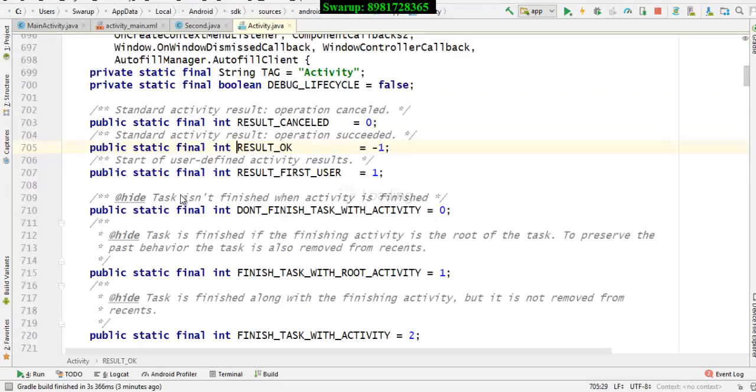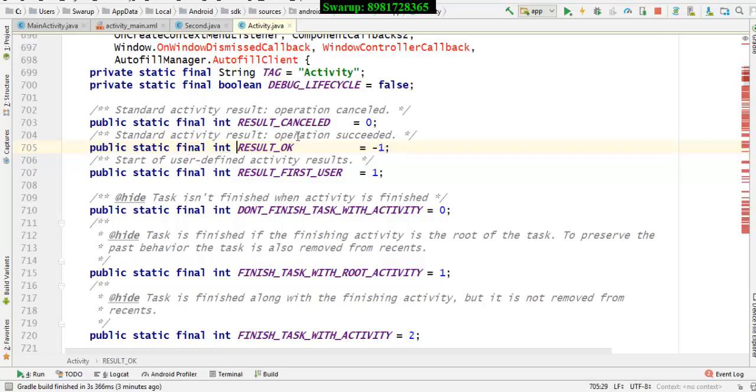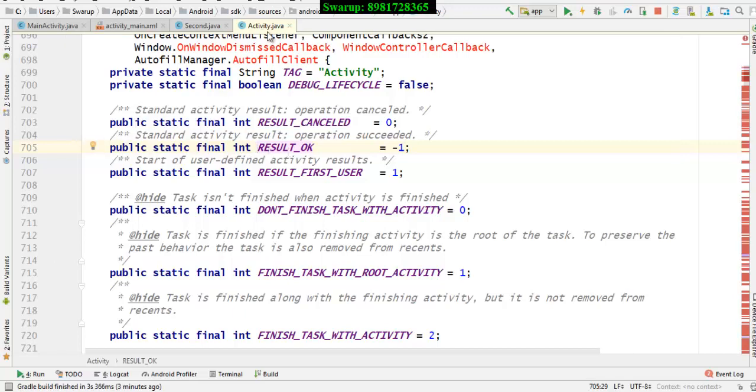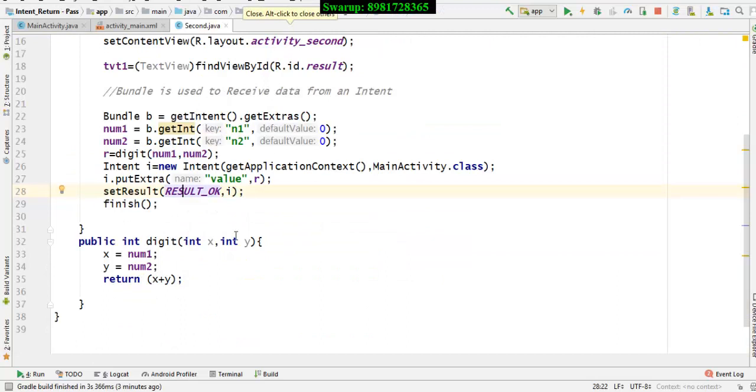If you click this one, you will find that this constant belongs to the class activity.java, which is having a value called -1. It means that the operation is successful. So this is a constant that will be used in the class activity.java to symbolize that everything is going pretty fine. Okay, so I'm using the result underscore OK, and along with that